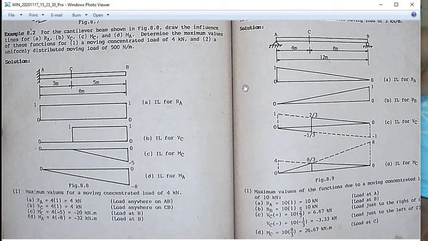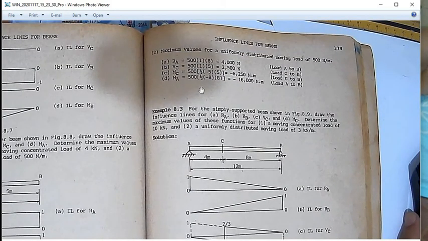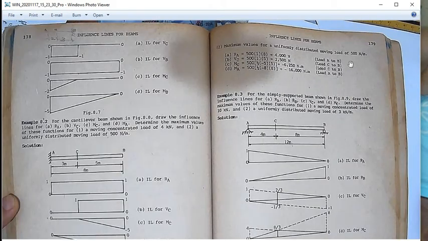Okay? Next, let us consider the moving load of 500 Newton per meter. Kapag sinabing uniformly distributed, okay, meron tong value per meter. Ibig sabihin sa kada metro, meron siyang 500 newtons. Dito naman,